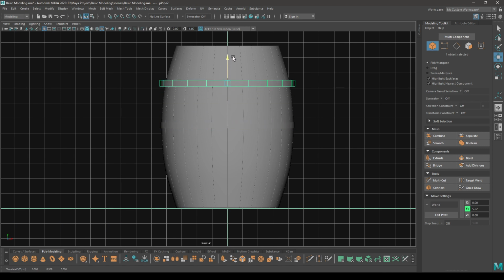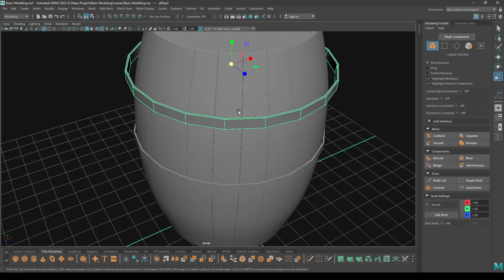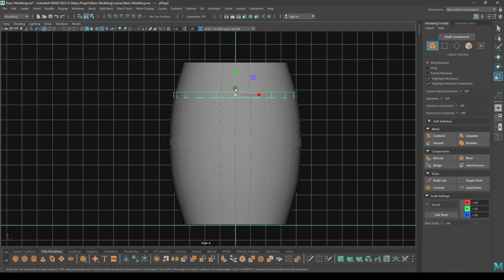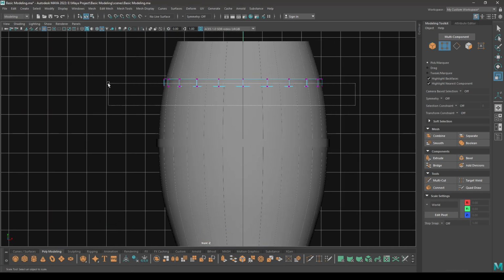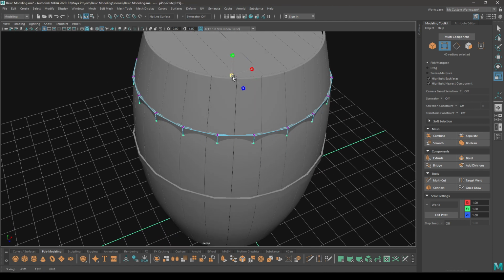And now create a duplicate and place this one here and scale it down like this. And what we can do is now we can go to vertex mode and select the vertex on the bottom and scale them up.